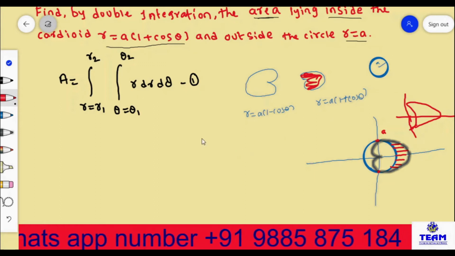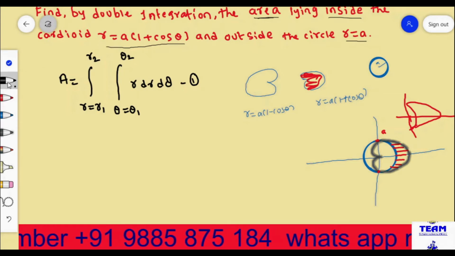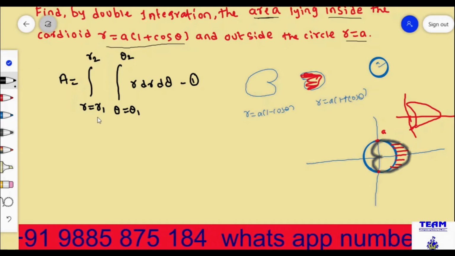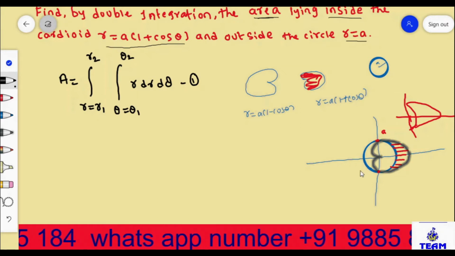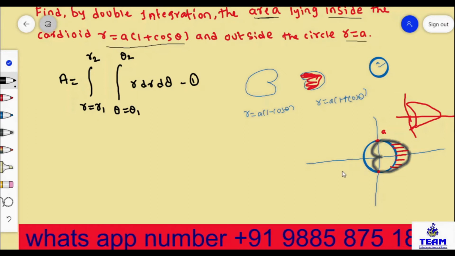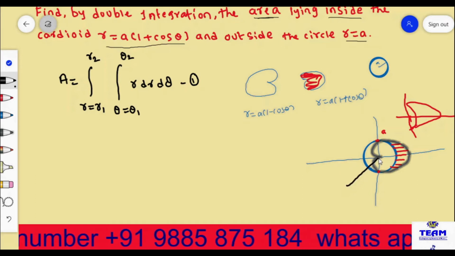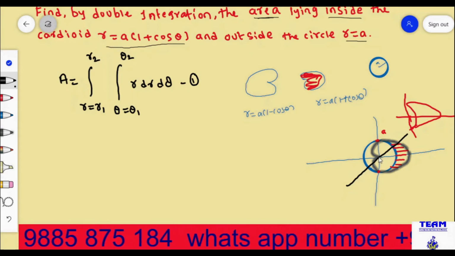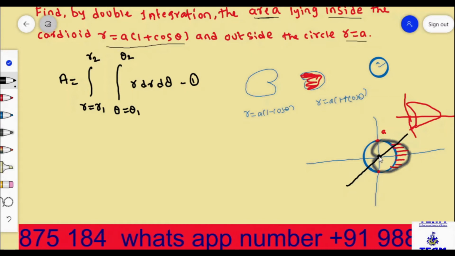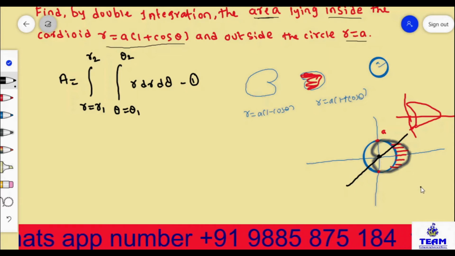Now we have to find out the limits for this. How can you get the limits? You see friends, r1 and r2 are given. For this cardioid, just draw a tangent-like line, like the line y = x. Now both touch at 0. Generally you need to write it like this.